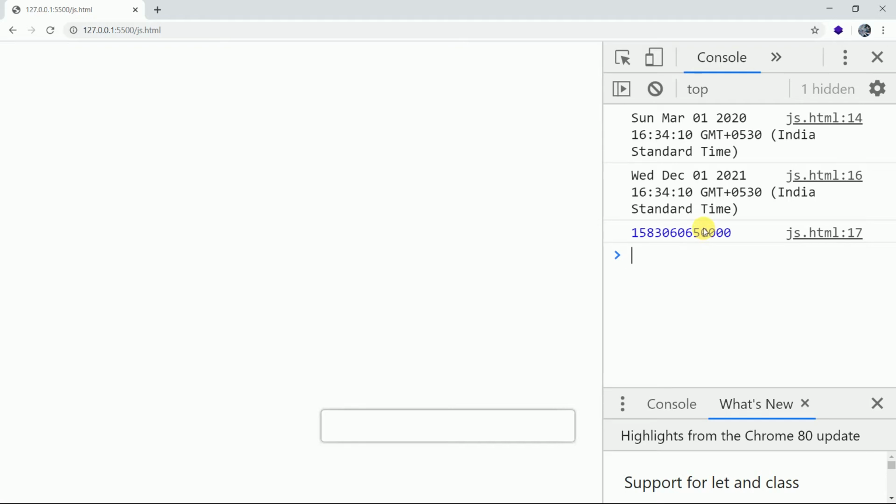This is the number of milliseconds which has been written from January 1st, 1970 to March 1, 2020. So now we can convert the return to string to a date object. For example,